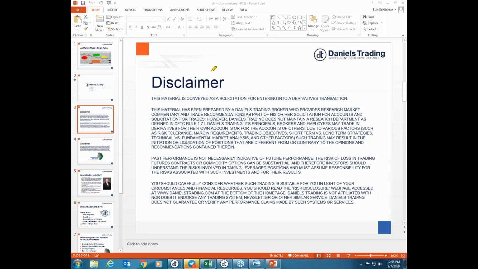Disclaimer. Here it is. In a nutshell, this disclaimer is really meant to scare the guys that are brand new to our space. Basically, it says you can lose everything and some in your trading account. And that the funds in your trading account should be risk capital. All right. Now,